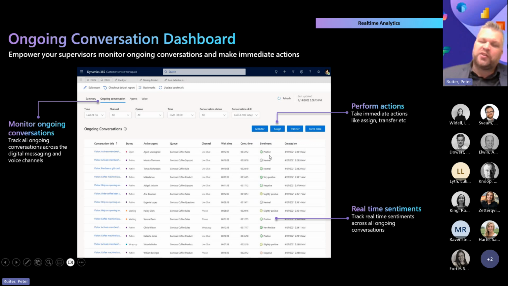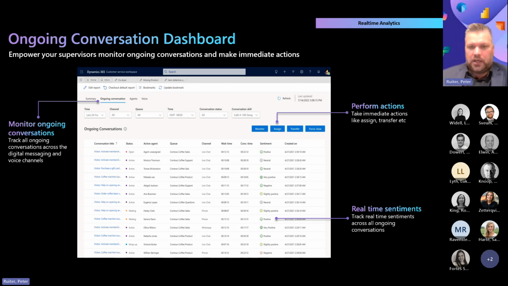So you as a supervisor have insights like, hey, this conversation is not going well, let me listen in. You can click a conversation and choose to monitor it, and then you literally just listen in on silent. Mind that the agent will get a message like, hey, Supervisor Peter is now joining this conversation. You can chat with the agent without the customer knowing or seeing that. But I can also barge in. If I monitor it first, I can then barge in, join the conversation,